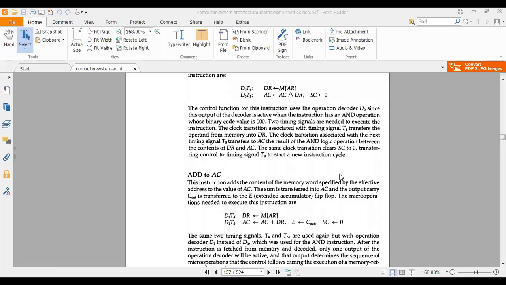You need some time to bring the data from the memory locations to the data register. That time is T4. It may be 2 milliseconds, it may be 1 microsecond, depending upon the type of the computer. So at time T4 what are you doing? The data in the memory location comes to the data register, which I keep repeating. Now the data is in the data register and the accumulator, and on those two data the arithmetic operation must be performed.